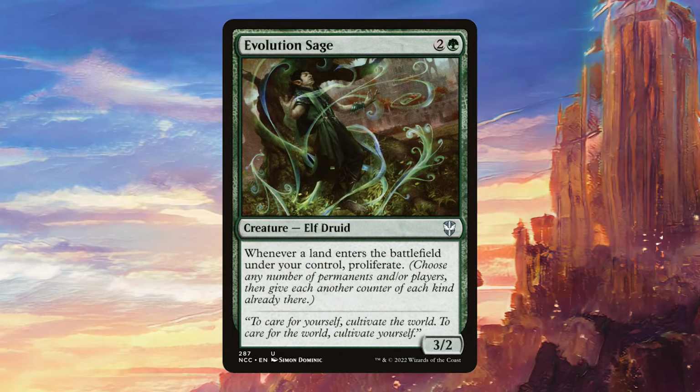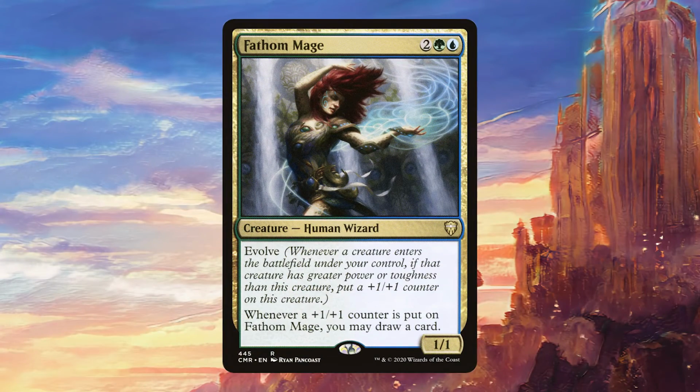Evolution Sage works really well with all of our effects that care about counters being put on stuff, such as Danny Pink, and it's going to be triggering a lot. This also means that you might end up with extra keyword counters on me that you can then move on to other creatures. Fathom Mage is a great way to draw cards in a counter